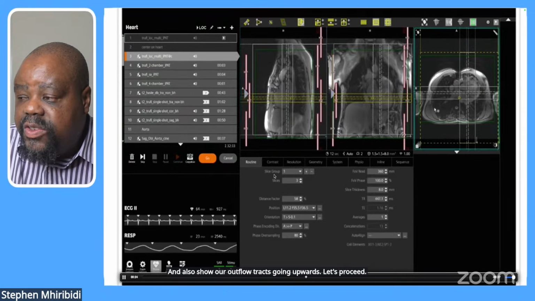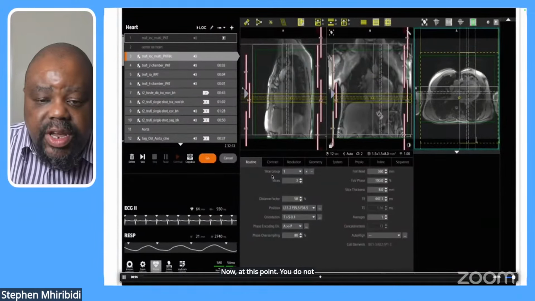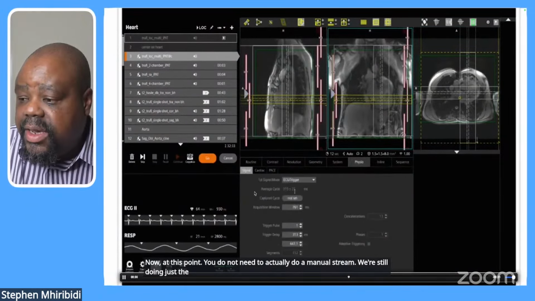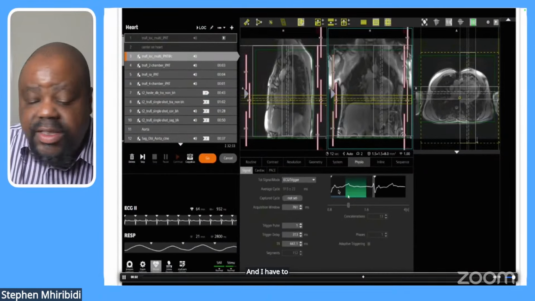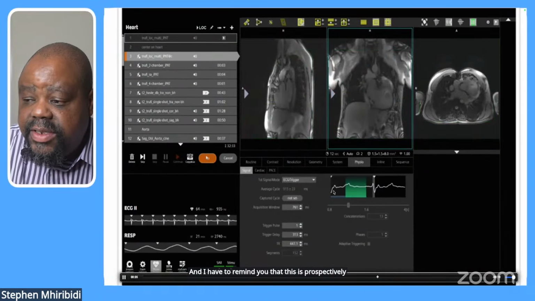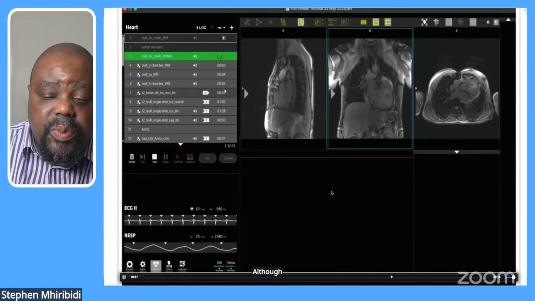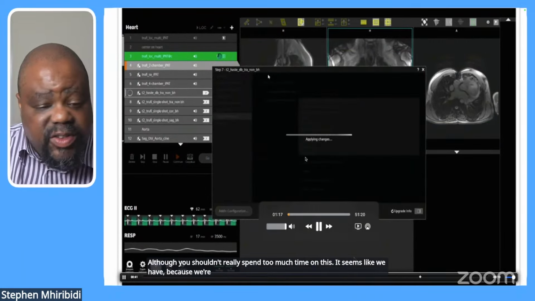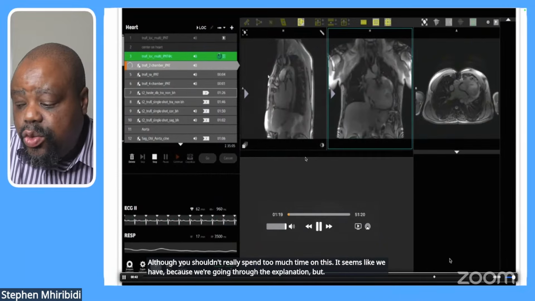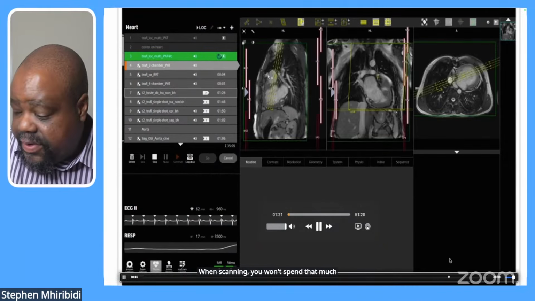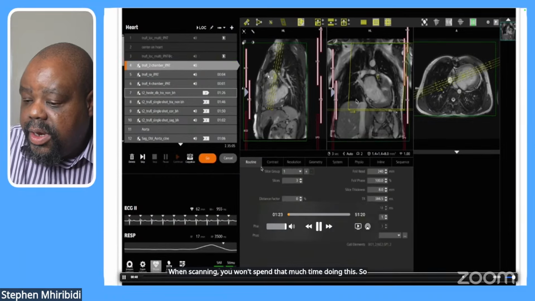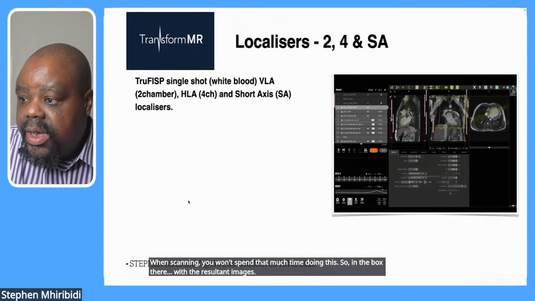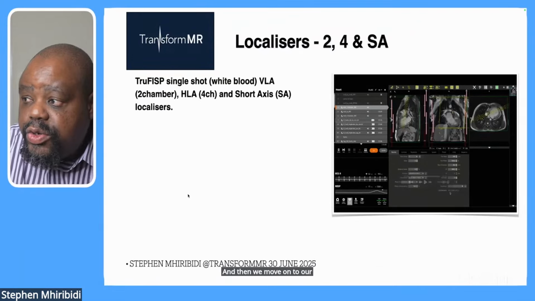Now, at this point, you do not need to actually do a manual shim. We're still doing just the planning localizers. And I have to remind you that this is prospectively gated for this, although you shouldn't really spend too much time on this. It seems like we have because we're going through the explanation, but when scanning, you won't spend that much time doing this. So in the box there, we have the resultant images,